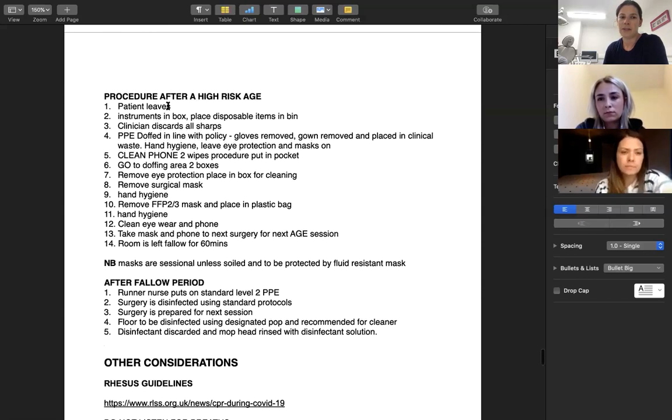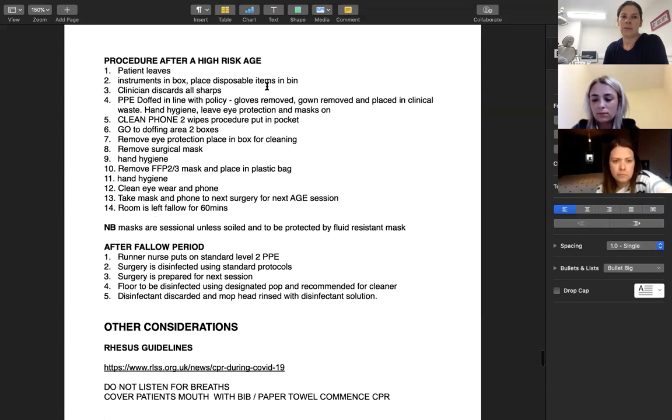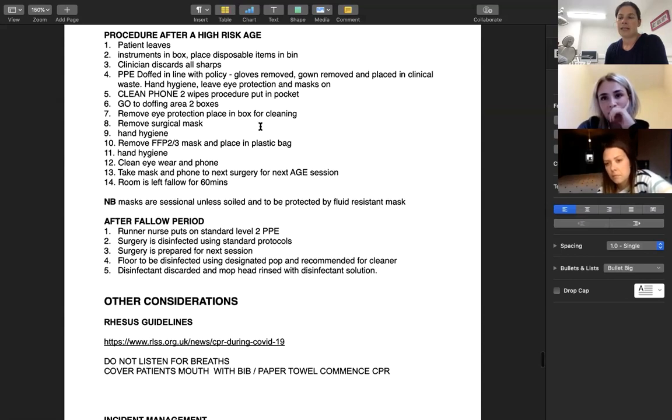And then afterwards, the patient will leave, put the instruments in a box. The clinicians will dispose of all sharps. Then the PPE is doffed in line with policies. Your gloves and gown removed, put in clinical waste, hand hygiene, leave your eye protection and masks on, as we discussed. Your clinical phones, the ones you take your photographs with, you clean those with the wipes and put them